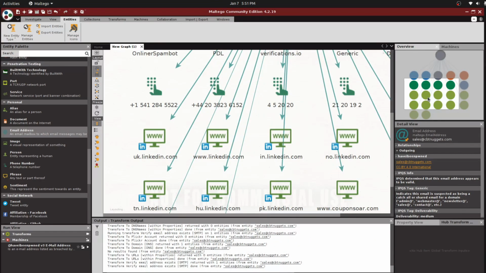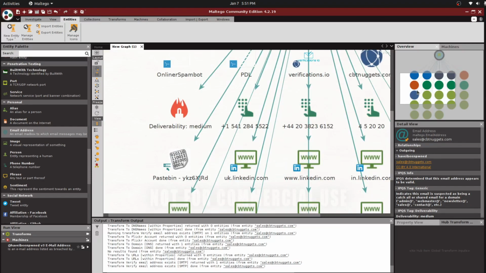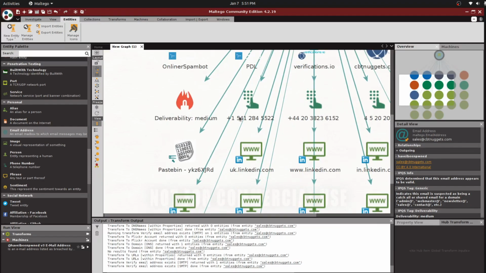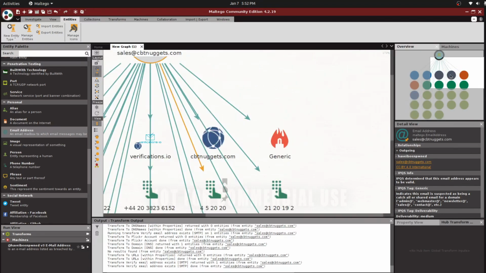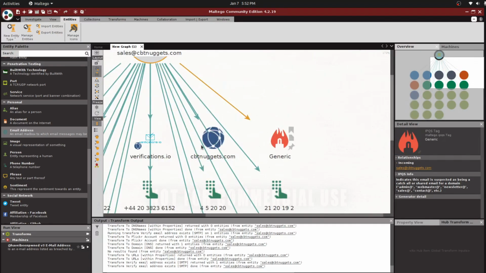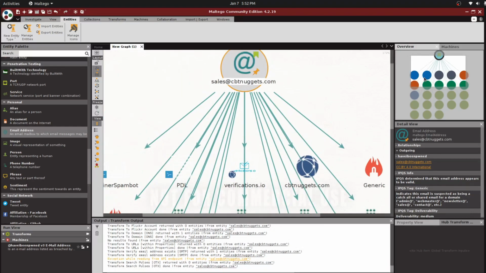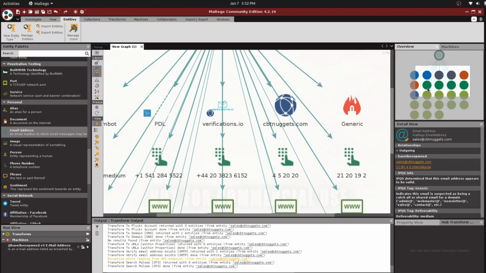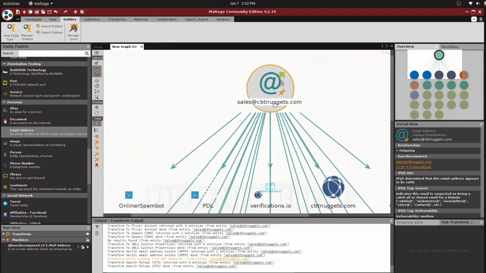It simply displays all the information related to this sales at cbdnudgets.com. I can also see other contact numbers related to that, and the LinkedIn page, CBD Nudgets website. Okay, these are all the relevant information to this particular email address.